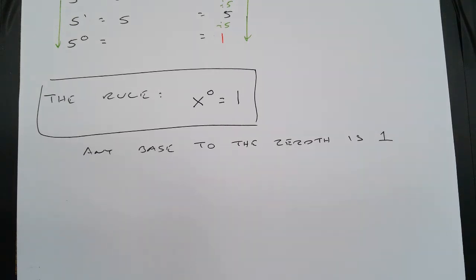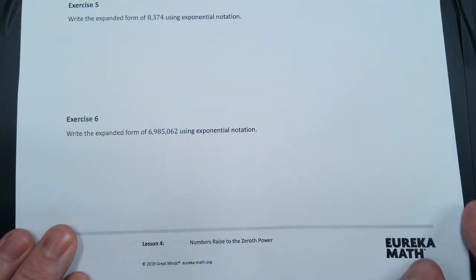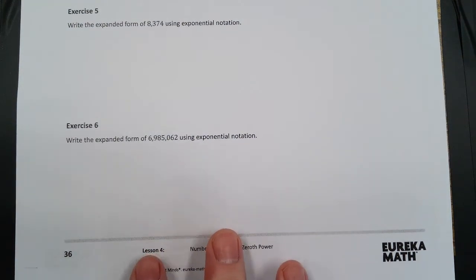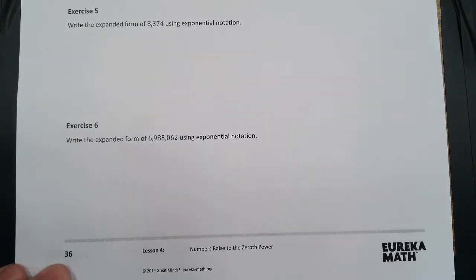So we're actually going to skip exercises 1, 2, 3, and 4 and go straight to exercise 5, because that will show you how we use the 0th power to write numbers. Specifically, we're getting ready for scientific notation, a different way to write really large numbers. So it says right here, write the expanded form of